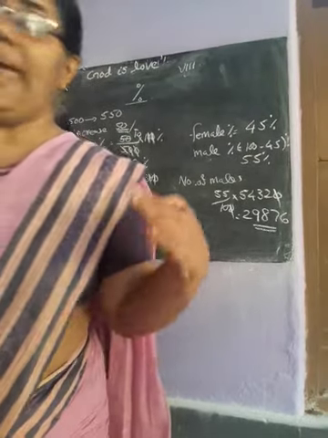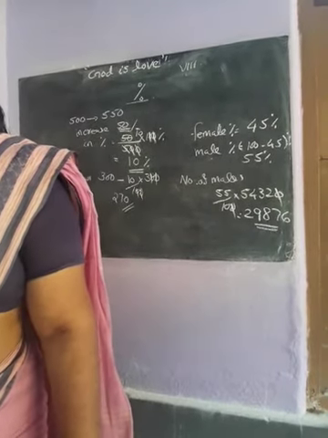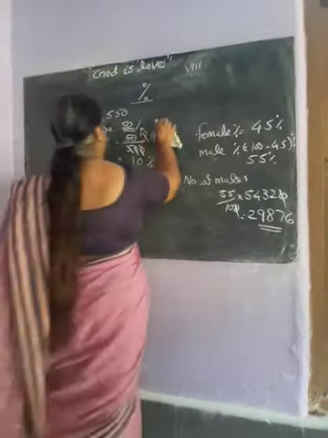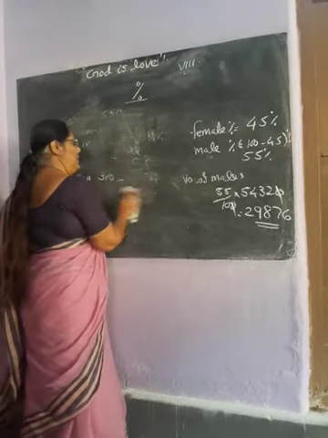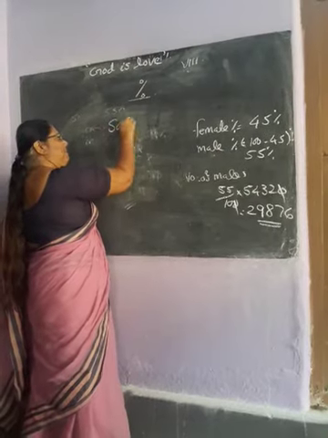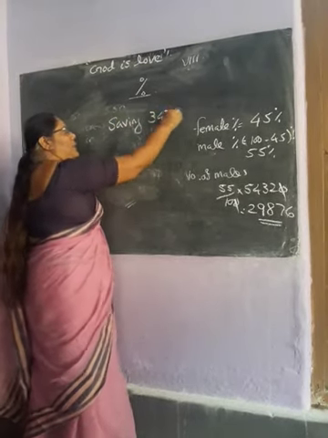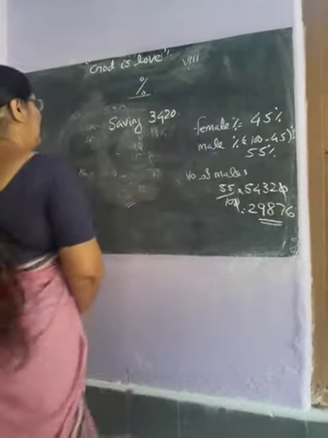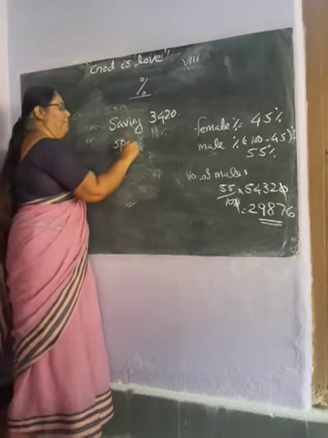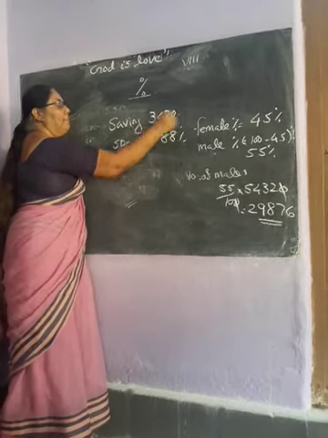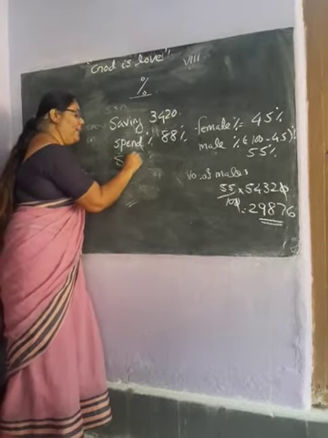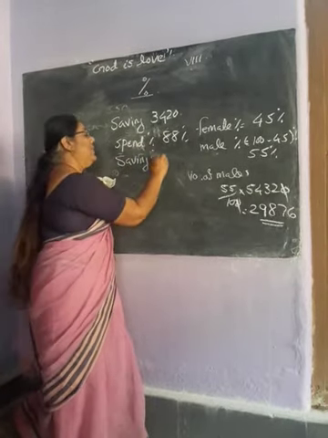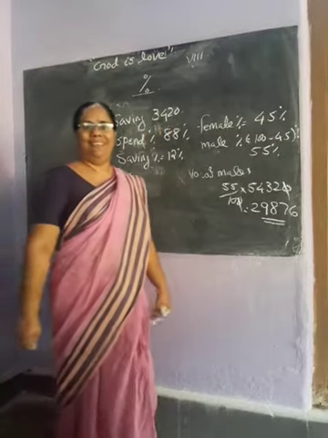Rohini spends 88% of her salary in monthly income. If she saves 3,420. If she saves 3,420 means saving 3,420. We know that she spends 88%. Understand? Spend percentage 88. Then can you say what is a saving percentage? Saving percentage is 100 minus 88. What is that? 12%. Understand?